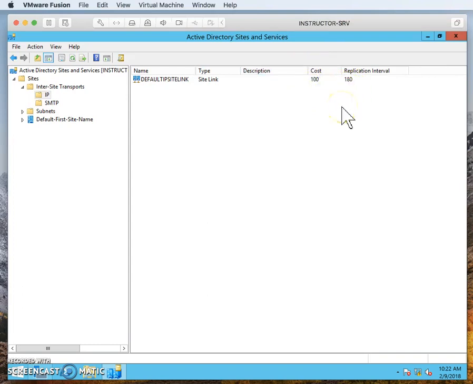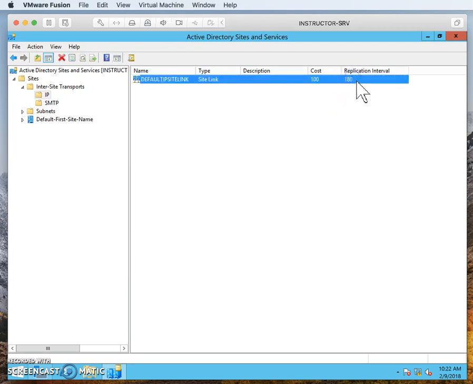So you can think of it as buying a television from two different retailers. So if Walmart has a television, the same television at $100, and Best Buy has it for $200. My cost is less to go to Walmart and purchase it there. So it's the same principle in Active Directory here. Controlling sites, the lower the cost, the better usage of the network that I'll use to get to where I want to go. And the replication interval, 180